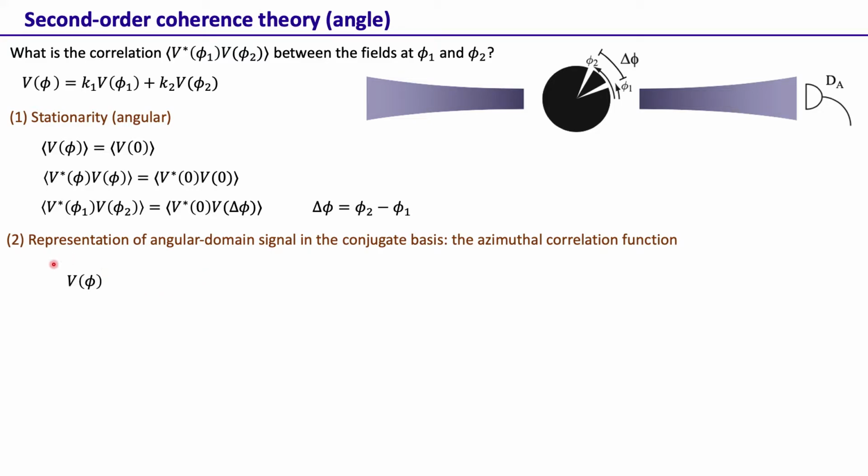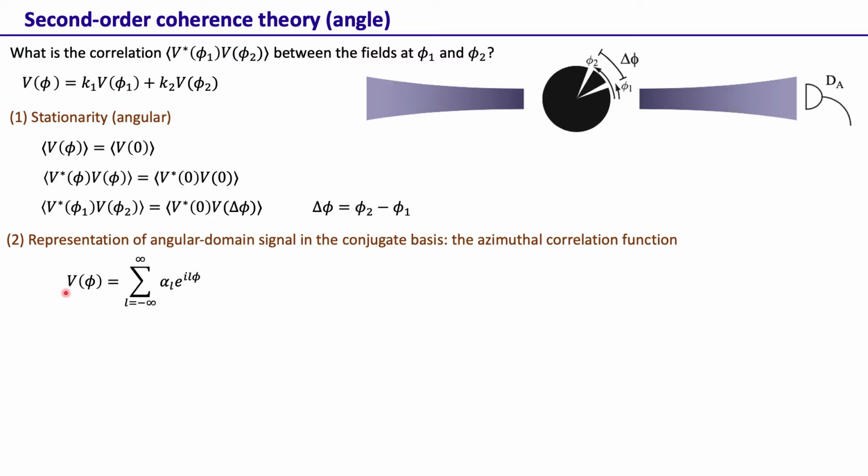The field that we have here is of the form V phi. We know that phi is a continuous variable, but it goes from 0 to 2 pi, and if we increase phi further, it goes from 2 pi to 4 pi, 4 pi to 6 pi, and so on. So it is essentially a periodic function with period 2 pi. A periodic function with a certain period can be represented like this. That's a discrete Fourier transform. So far for time and space we did continuous Fourier transform, but for a periodic function we have to have the discrete Fourier transform.